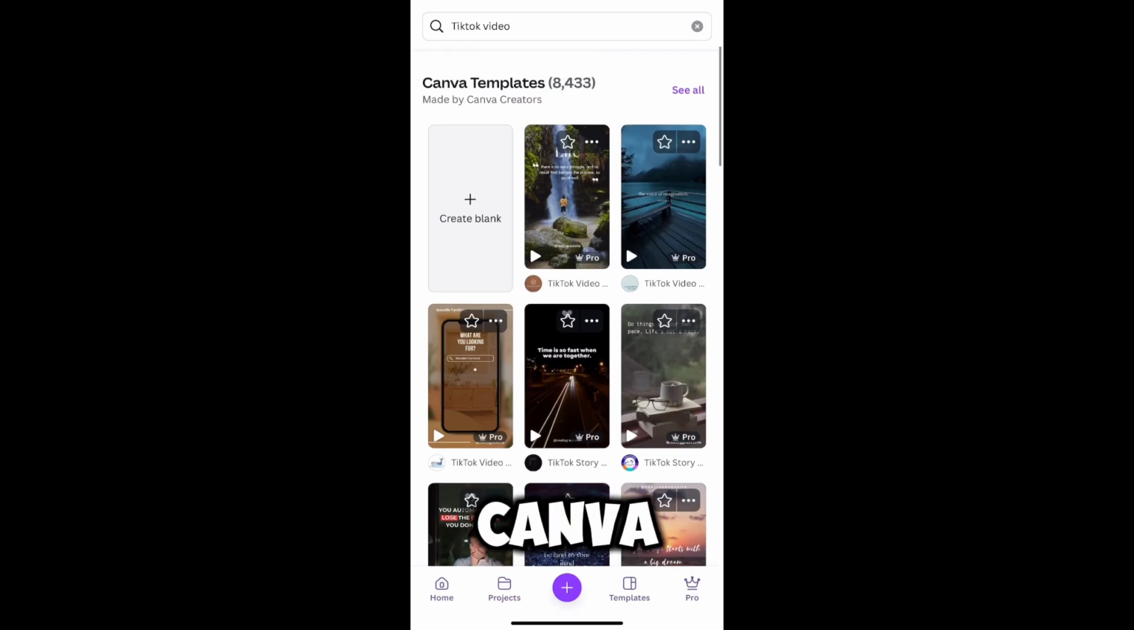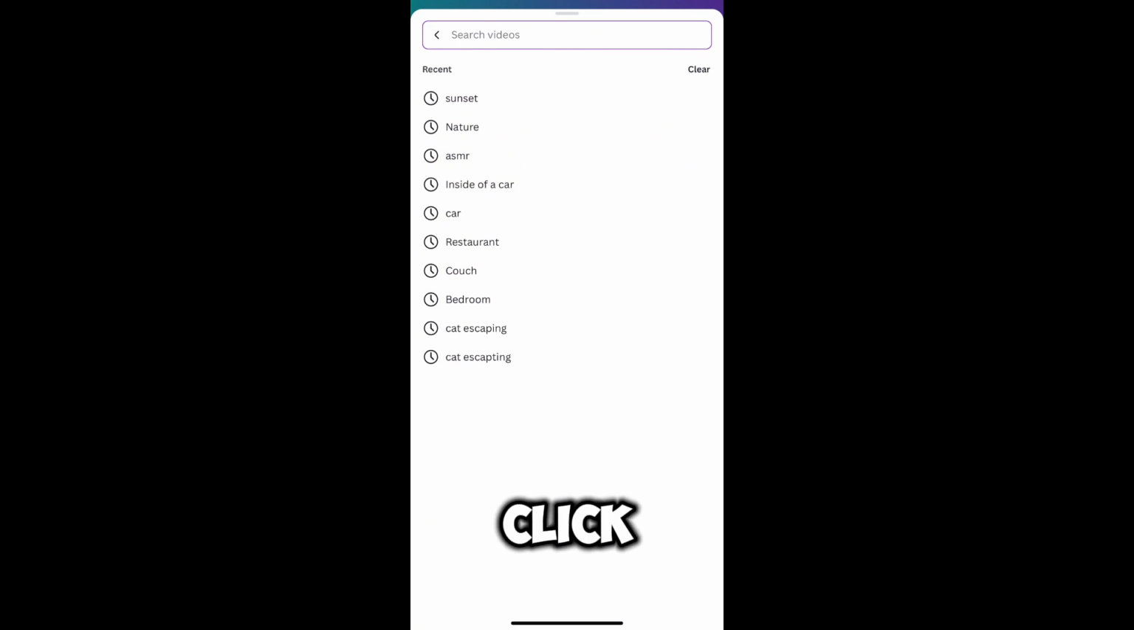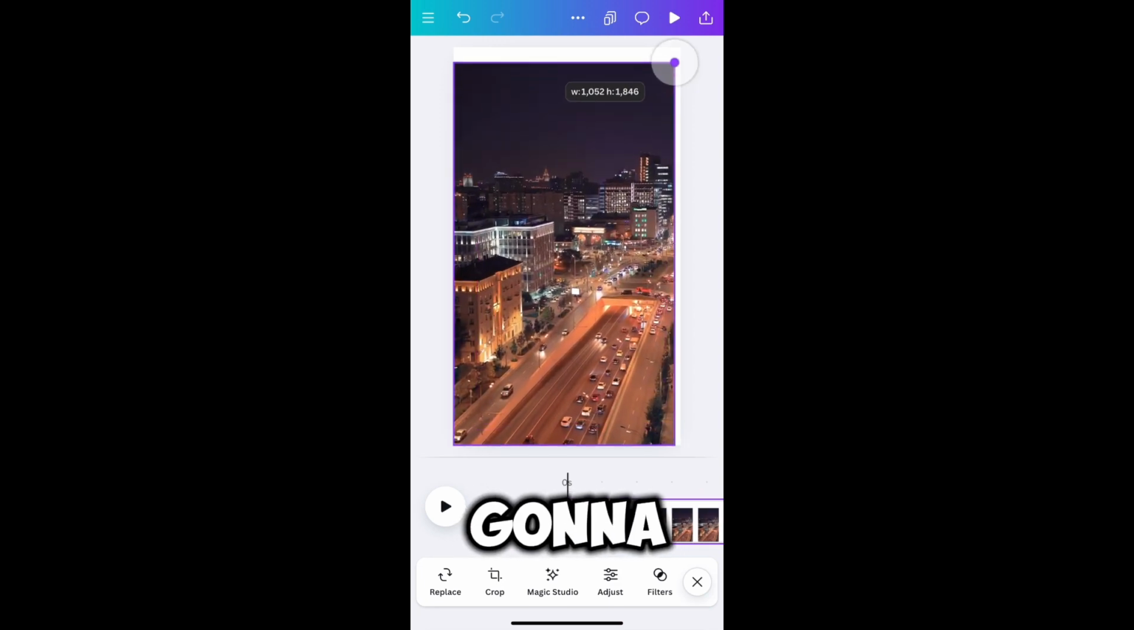Now go on Canva and then type TikTok video, and then click on create blank. And then click on videos and type city nightlights. And then you can choose any videos that you like, and then we're going to drag the video to fit